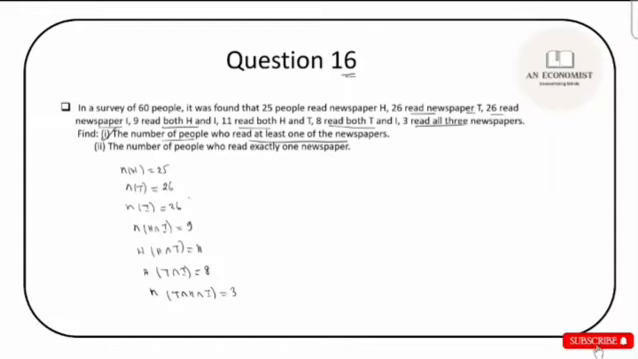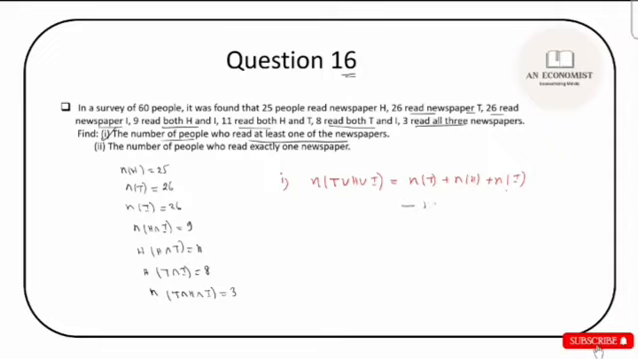At least one of the newspapers. So let's see how to do this. At least one of the newspapers means T or H or I, right? This will be NT plus NH plus NI